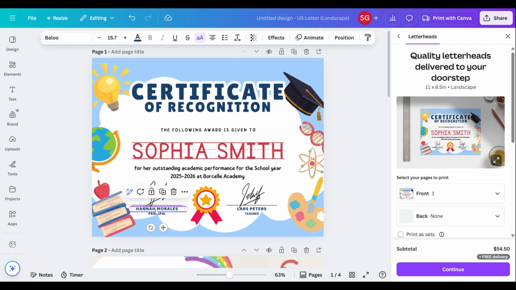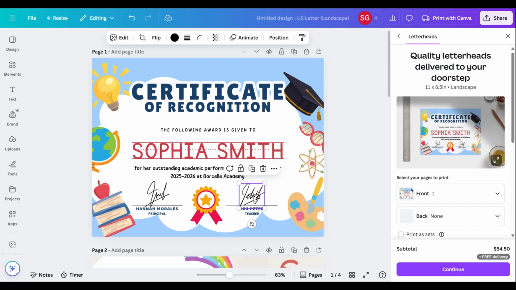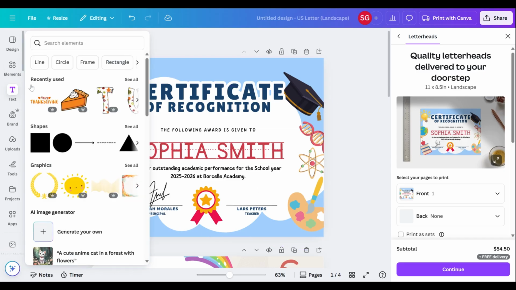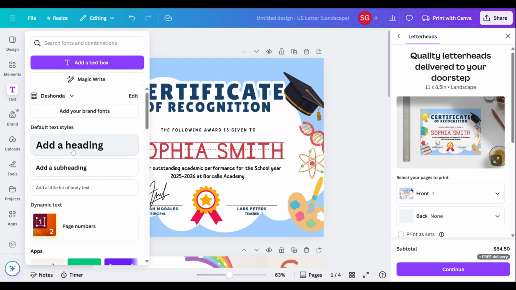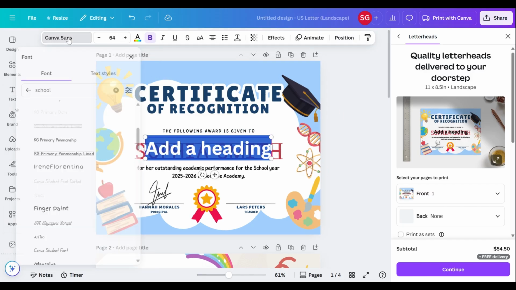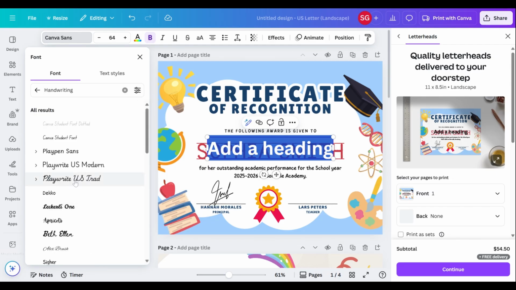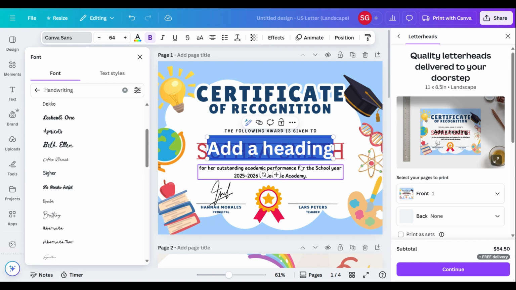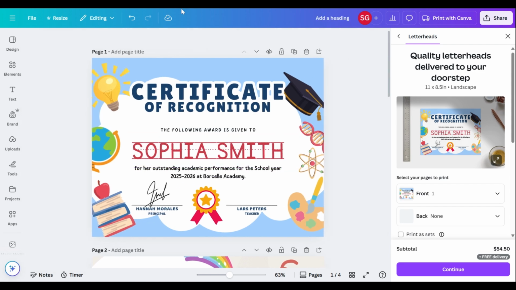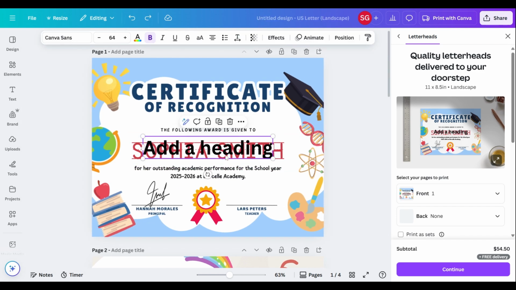And you can of course edit your principal's name as well as your name and add a signature. So in order to add a digital signature, unless you want to print them out and have them sign it, but to make it easier so you don't have to sign every one, we're going to hit heading, go back, and click handwriting, and this will give you cursive fonts, so you can just put your name there,